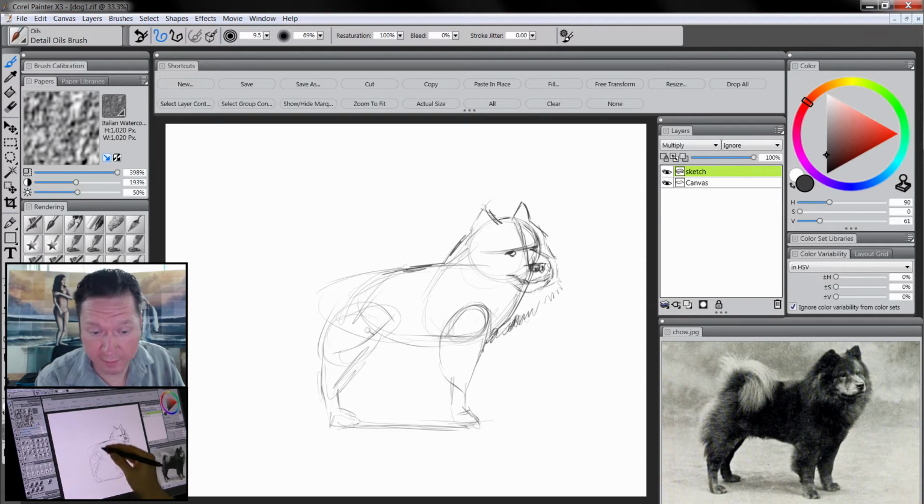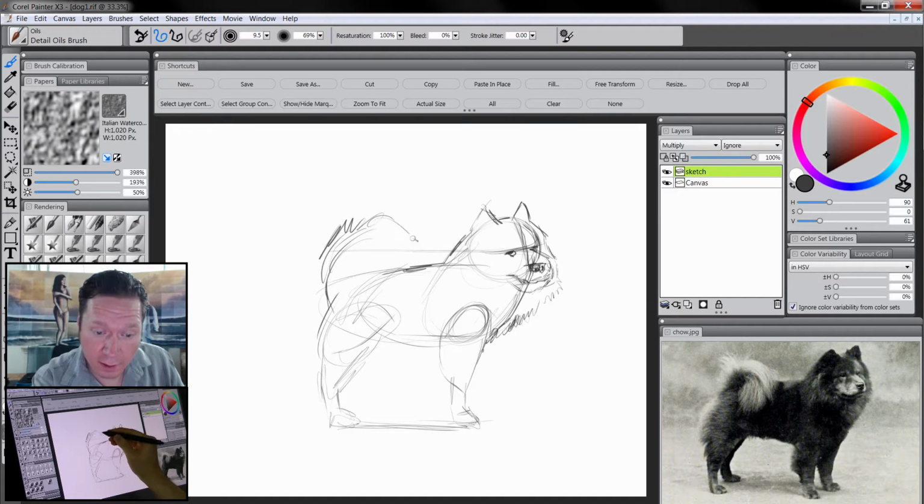And then the tail, of course, is very important. Wouldn't want to forget that. That is slightly above the eye line. It's always good to compare one area to another when you're drawing to help you decide how big to make things. Gonna go kind of like this,